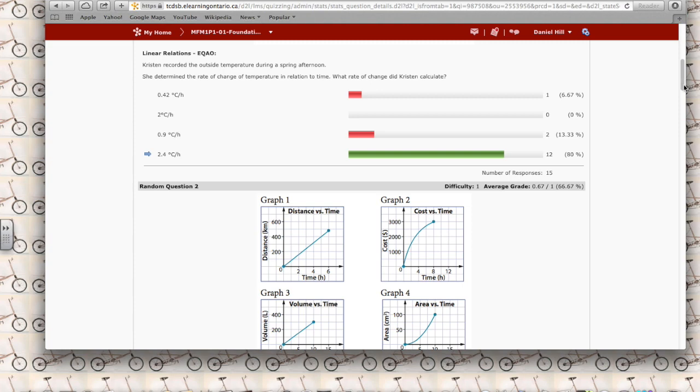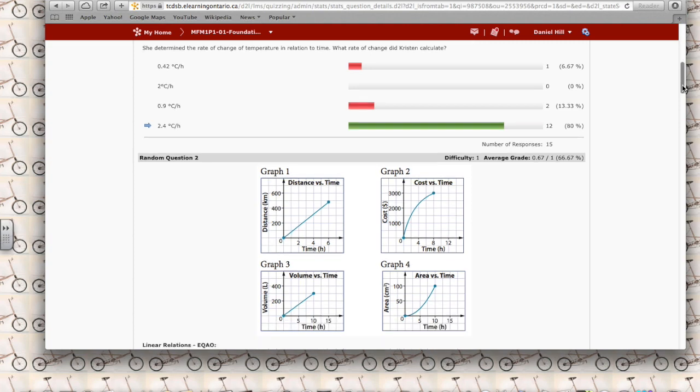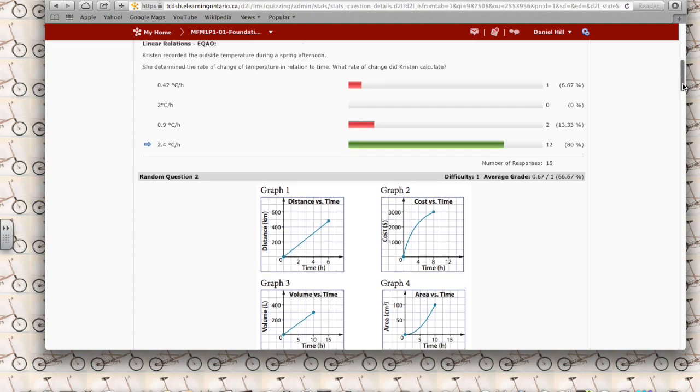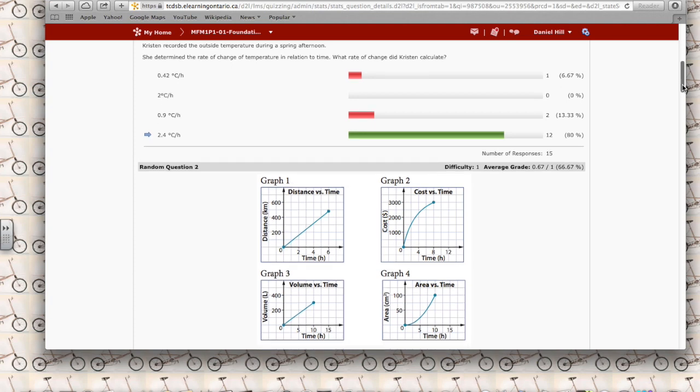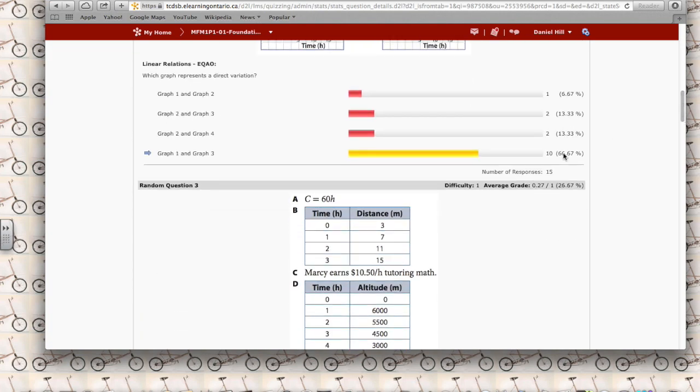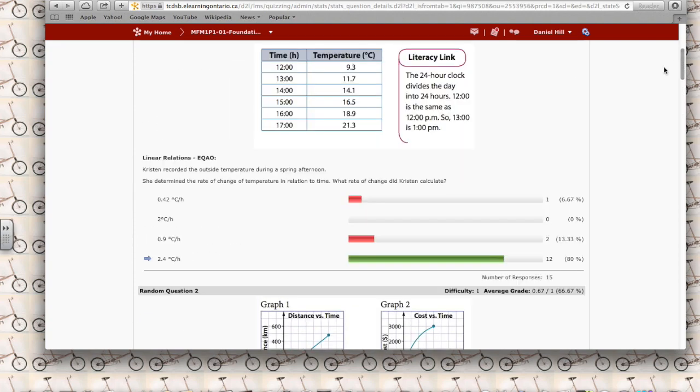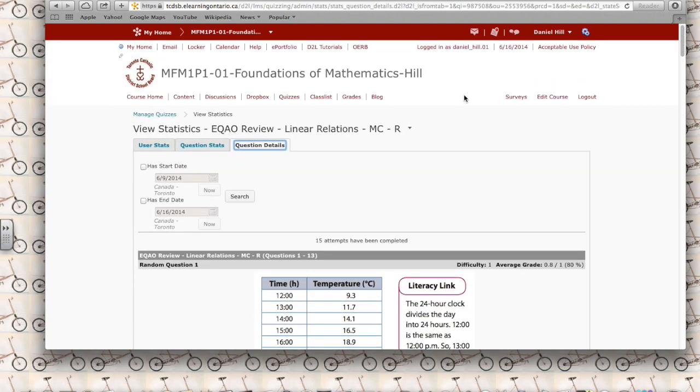One of the nice things about that is that when I'm looking at what to focus on for my lessons, I can focus on these misconceptions that relate to getting this answer. Here's a good example. Almost 70% of the class is selecting this answer, but we do have some misconceptions related to choosing these answers right here. So really great,